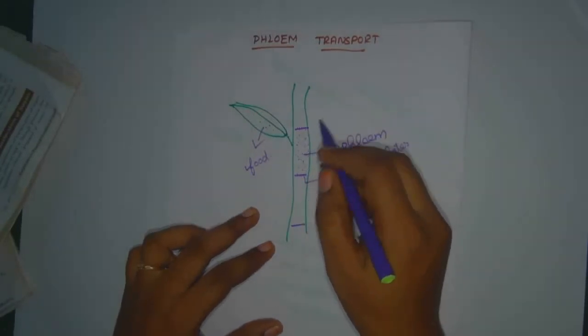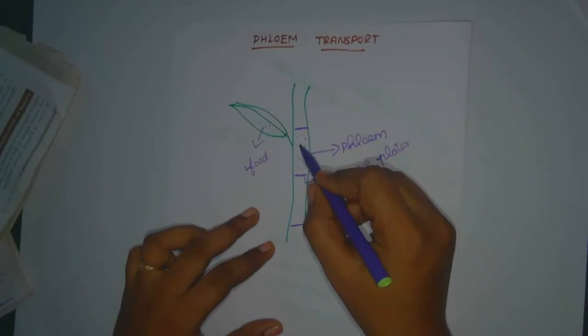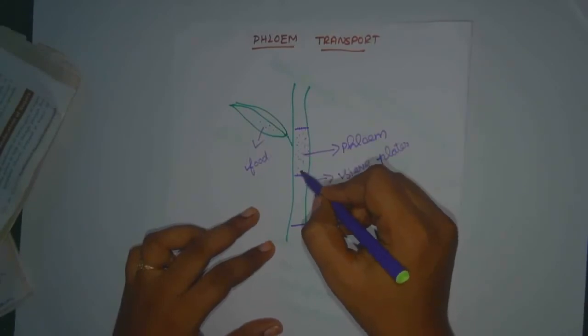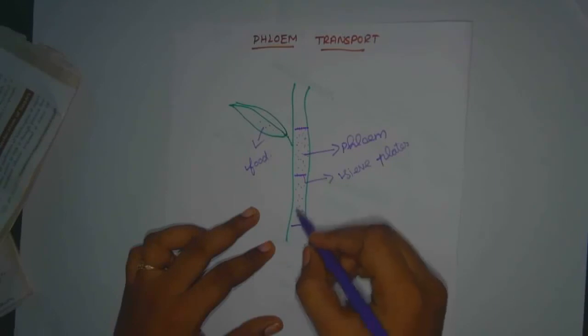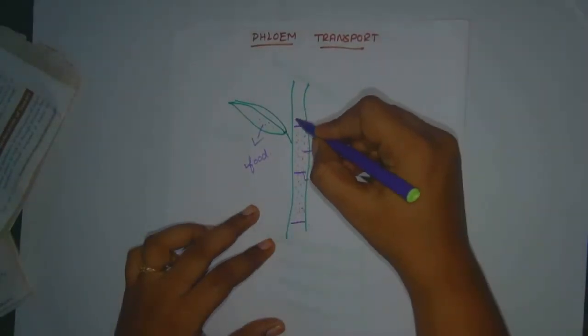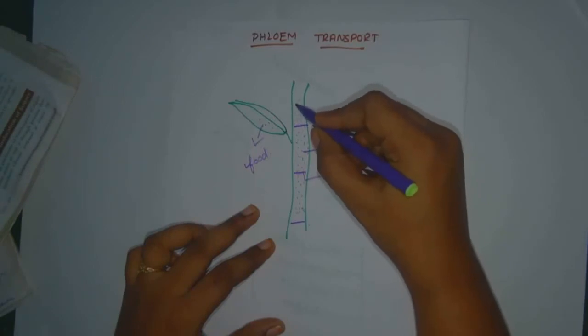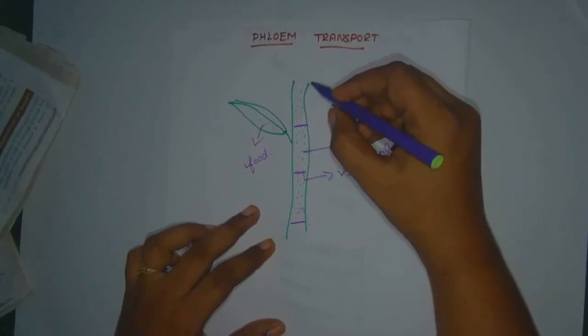Each cell has a jelly-like section of cytoplasm. In that phloem, this is the cytoplasm part. The food is stored here. In that, cytoplasmic strands pass through the pores. Just imagine like this. They are transported through the pores in the sieve plate, and the phloem transports the source of food. They are stored, and when they are needed, they are just transported.